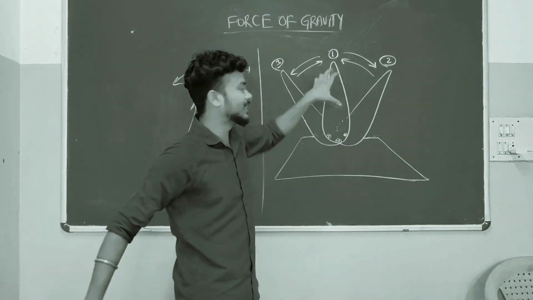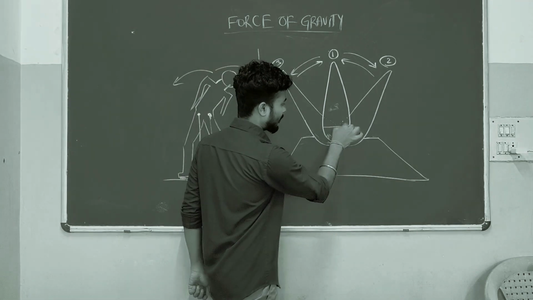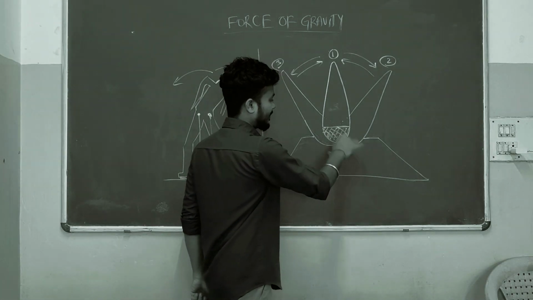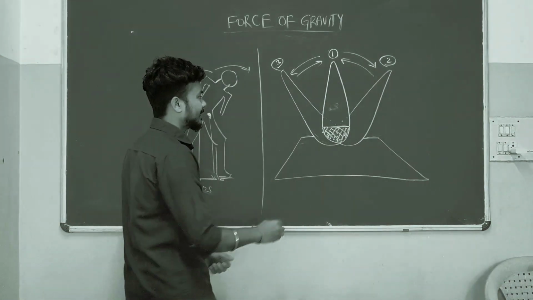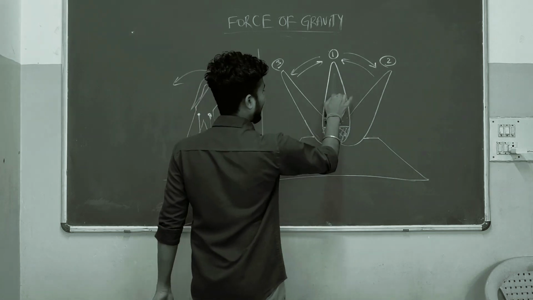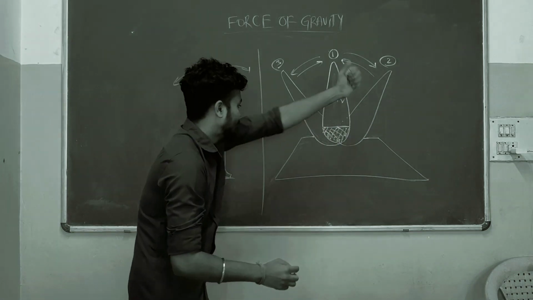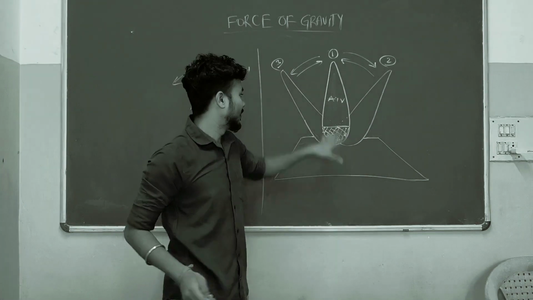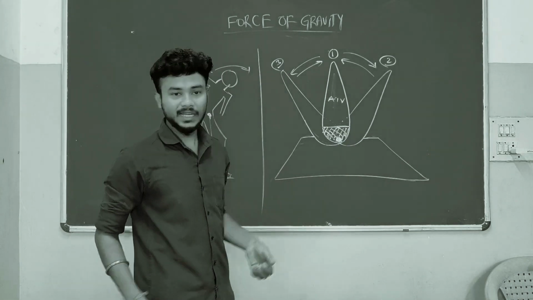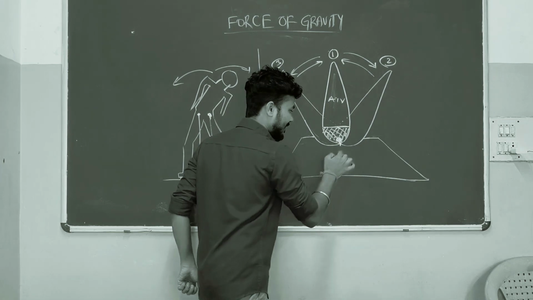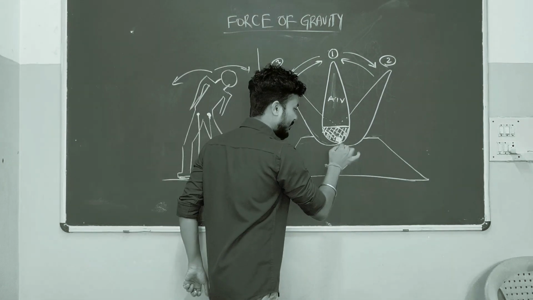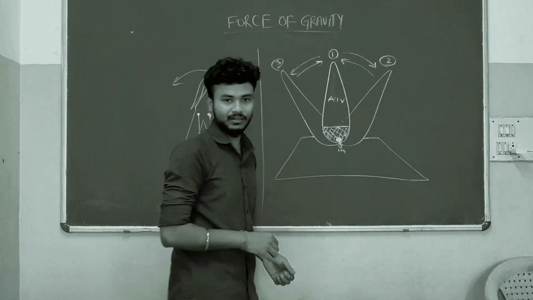Now you see this punching bag, they fill the bottom with sand, and the remaining portion is full of air. So if you observe, the center of gravity of the object will be somewhere here, close to this surface. The center of gravity will be here, and the line of gravity will be here.